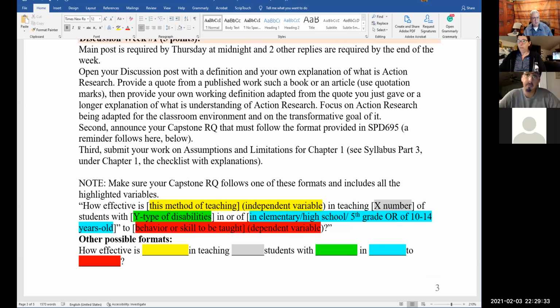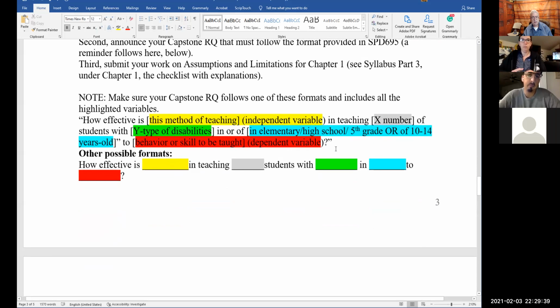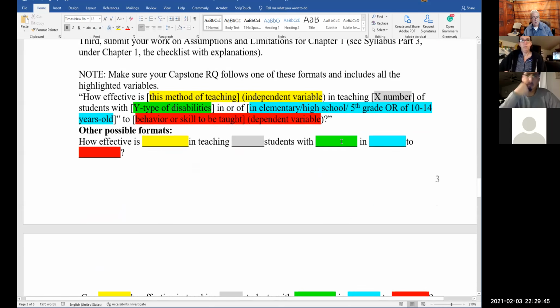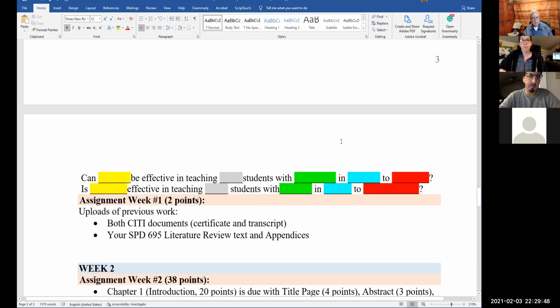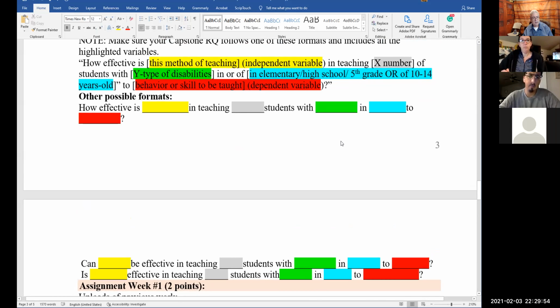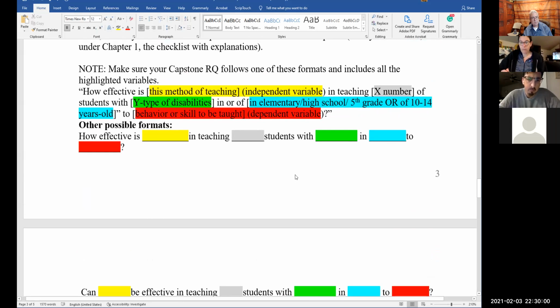Okay, and then you'll have your chapter 1. You'll have a checklist. Each one of the chapters has a checklist. And they're actually giving you points for those check marks. Okay, so you have to make sure that those definitions are in there, what it is that you're doing. Now this one here,